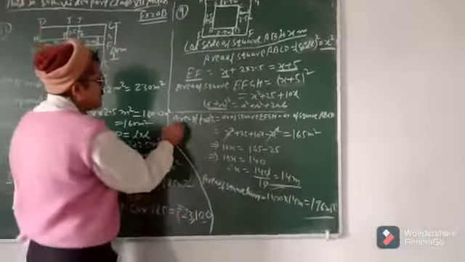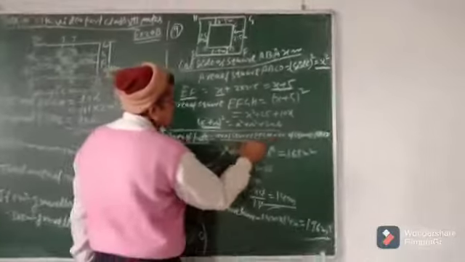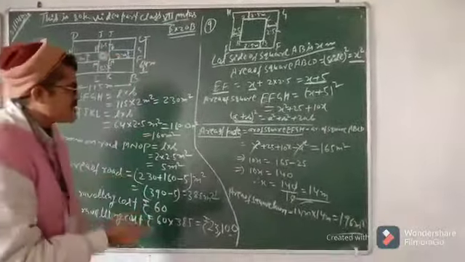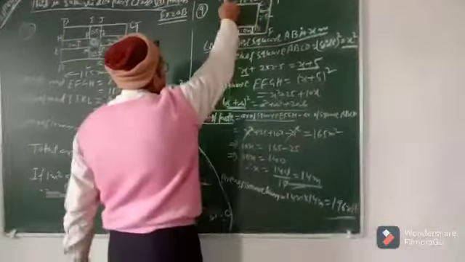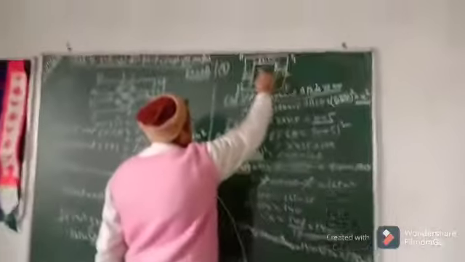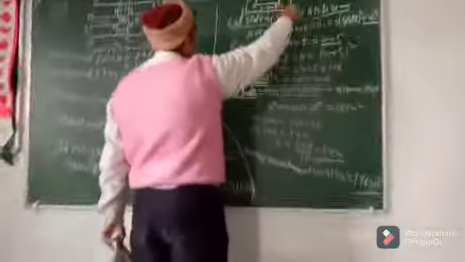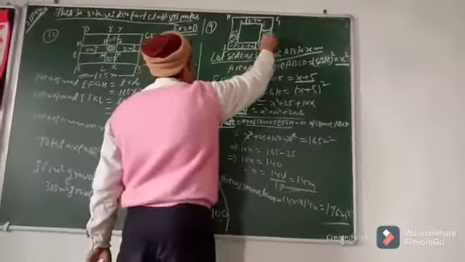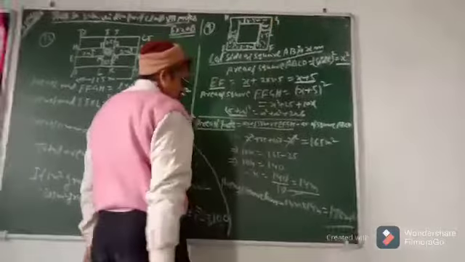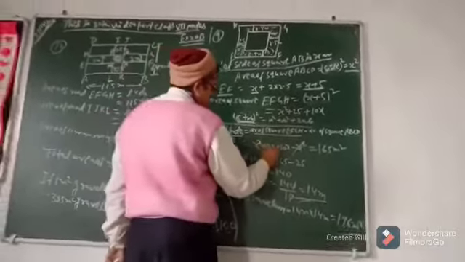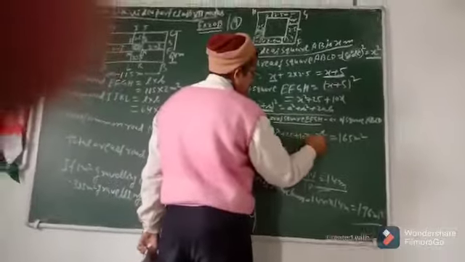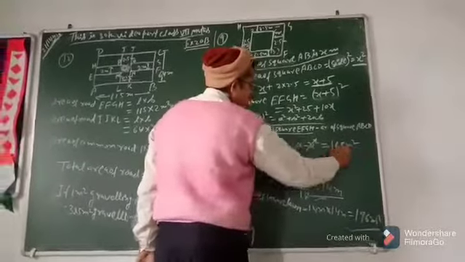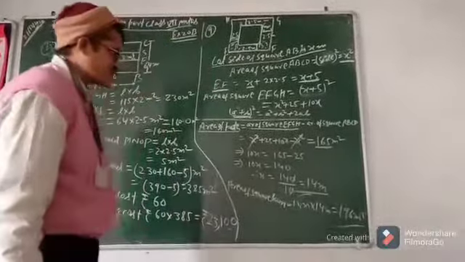So area of the path is equal to area of square EFGH minus area of square ABCD. So we get the area of the path. This is the path area. So we write x square plus 25 plus 10x minus x square, and also the area of the path is given as 165 meter square.